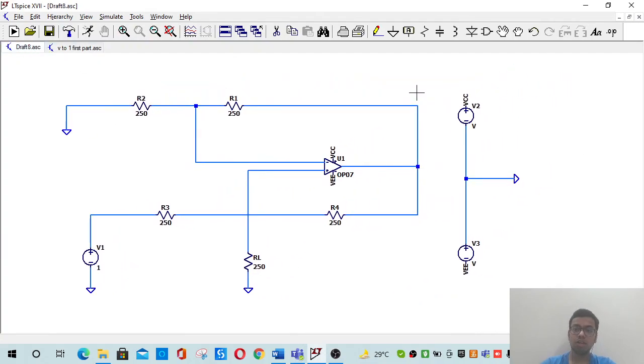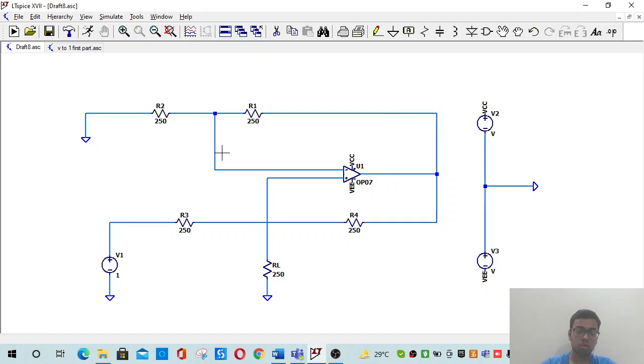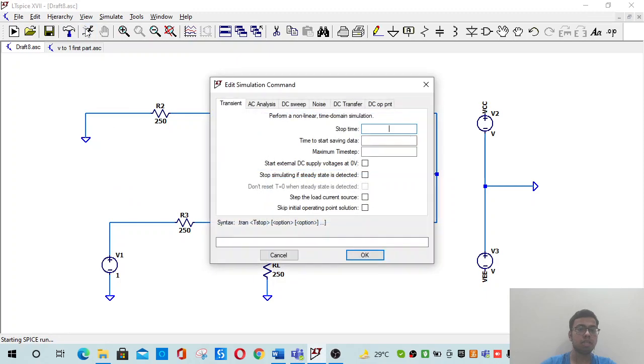So this is the circuit for the grounded load. Though it looks complicated, it's really very simple, similar to our floating load. Here we have a voltage source, a resistor, and a load resistor which is grounded, that's why this is named the grounded load. We have a resistor of 250 ohms, one OP07, two resistors over here, ground. Okay. Now we will be measuring our current over here. So what we will be doing is we will be simply running it.